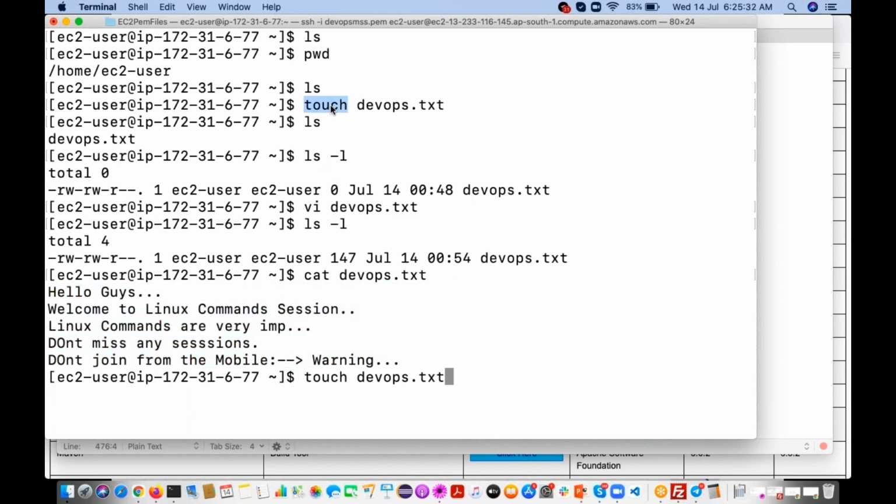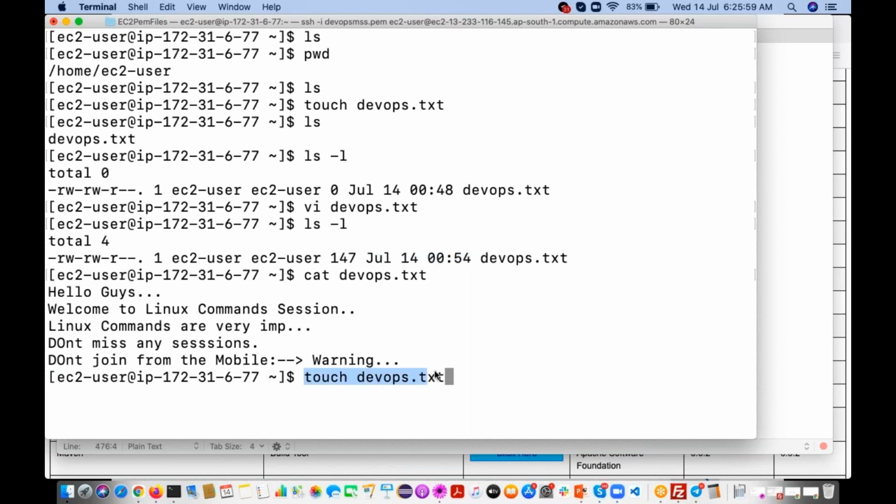So the touch command, what will it do? First, it will check whether this particular file is there or not. If it is there, it is just going to change the timestamp. It is not going to override the content. See, right now this particular file's timestamp is this one.